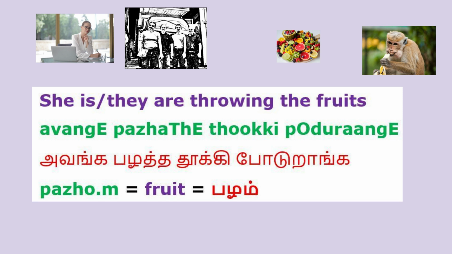அவங்க பழத்தை தூக்கி போடுறாங்க. Or a group of people, that's plural. It can be two women, two men, a man and a woman, that's fine. We say அவங்க. So அவங்க can also be used respectfully for a woman and also for plural. Those men, they're throwing fruits at the monkey. பழம் is fruit. So பழம் becomes பழத்தை. அவங்க பழத்தை தூக்கி போடுறாங்க.